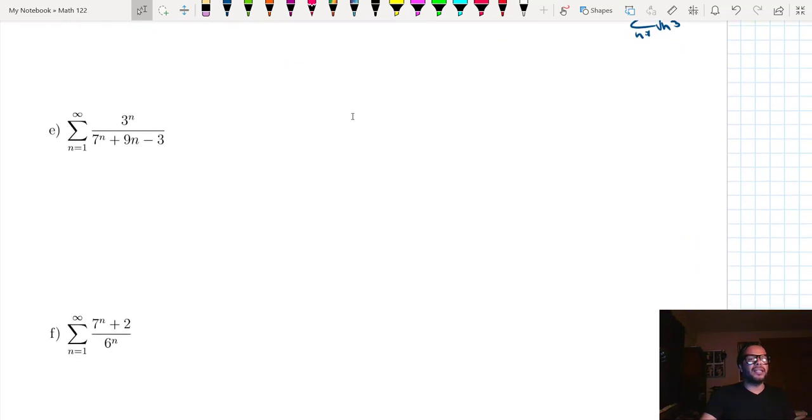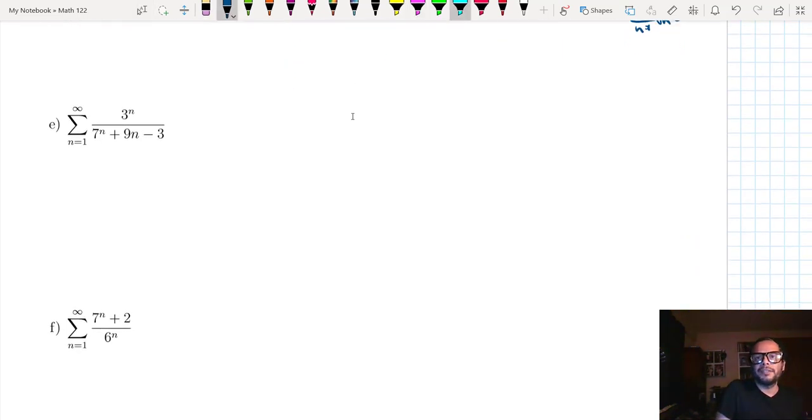Okay, let's look at letter E. Okay, so let me highlight this 7 to the n and 3 to the n. This ratio of numbers to the nth power reminds me of the geometric series. However, this is not quite a geometric series because of this 9n minus 3 in the denominator, that is in addition to that 7 to the n. So I'm going to pretend that 9n minus 3 are not there. So I'm going to compare this